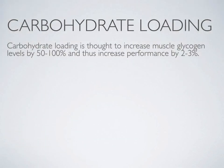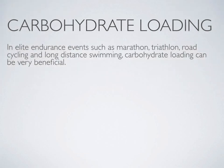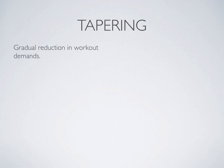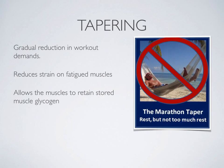Carbohydrate loading is thought to increase muscle glycogen levels by 50 to 100% and thus can increase performance by 2 to 3%. So elite athletes are likely to use carbohydrate loading to give them the edge against their opponents. In elite endurance events such as marathon, triathlon, road cycling, and long distance swimming, carbohydrate loading can be very beneficial, particularly when combined with tapering, which includes a gradual reduction in workout demands, reduced strain on fatigued muscles, and this allows the muscles to retain the stored muscle glycogen and give them plenty of glycogen to complete their activity or